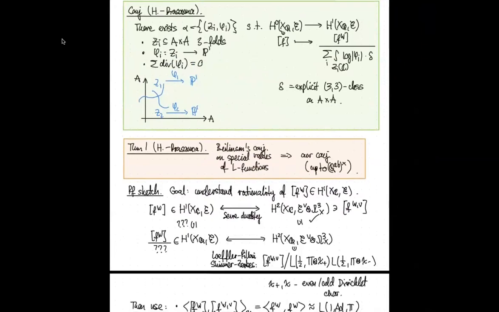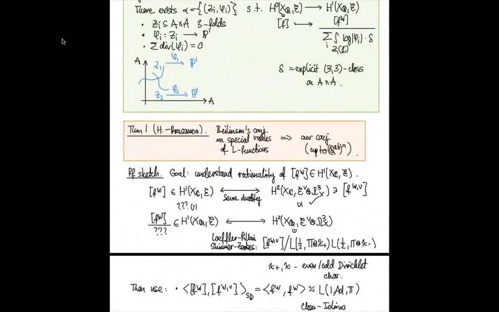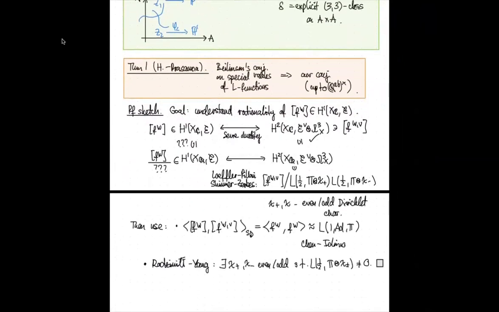Okay, so any questions about that? So maybe I should say this a bit more explicitly. Then some explicit form of Beilinson is needed to get these L values to somehow go away, and this L value has to give you some Beilinson regulator.